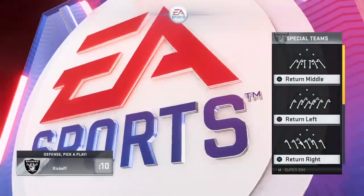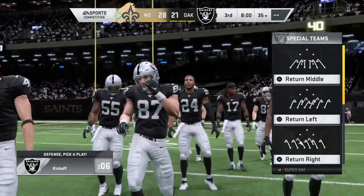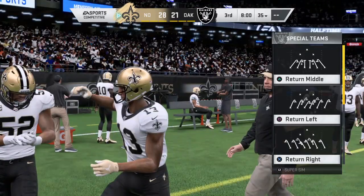So let's get right back out to it as we'll rejoin our commentators, Brandon Godden and Charles Davis. Okay, Coach. Appreciate it. A 1-touchdown game here as we get